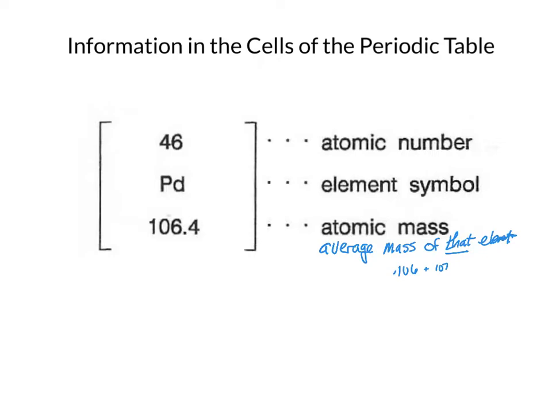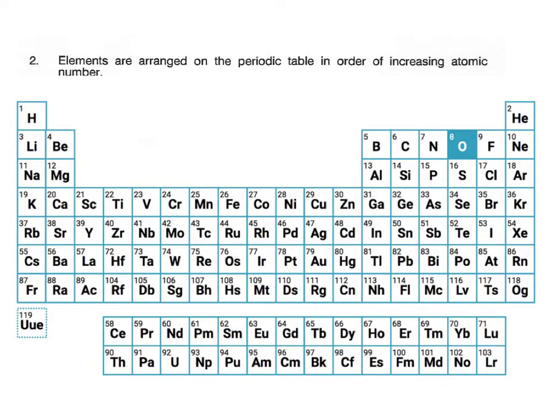But one individual palladium might weigh 106, another one might be 107, another one might even be 105. So on average, the masses will be 106.4. One of the first things to look at when we look at this periodic table is that the elements are